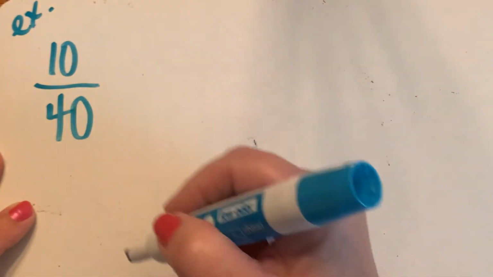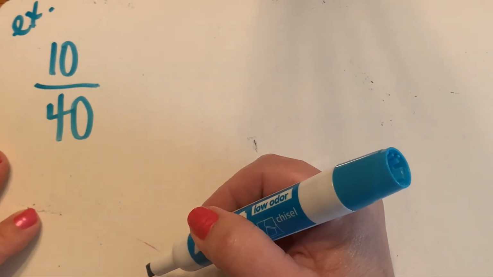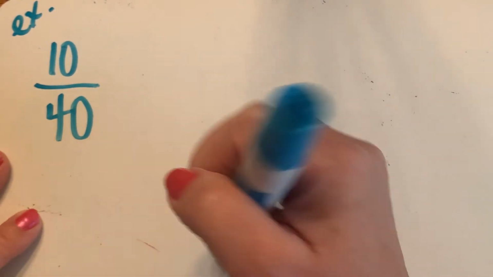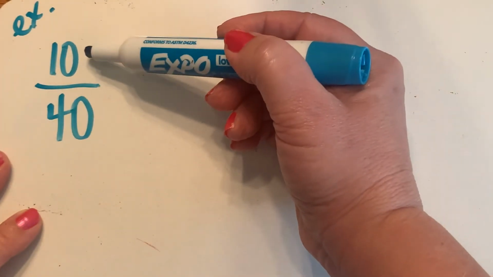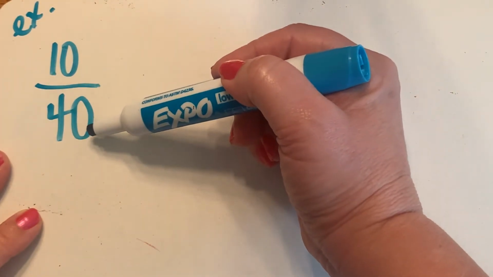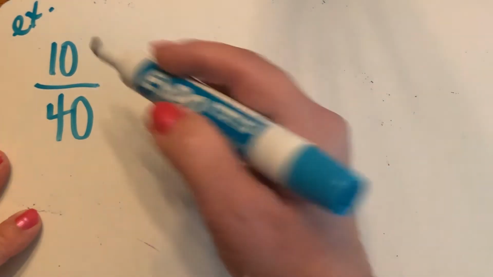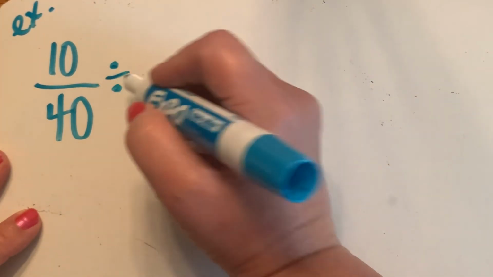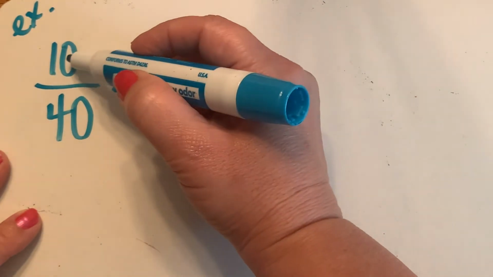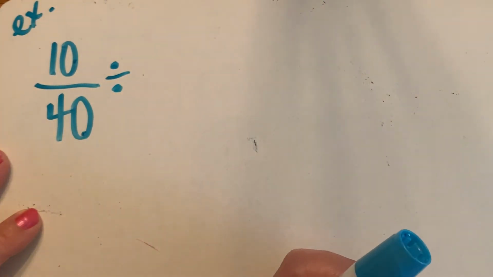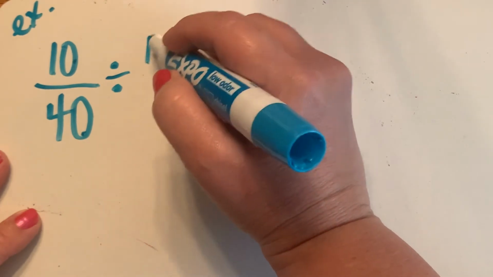So 10/40. What do we do the first thing? What does our instructions say? Ask ourselves, will the numerator go into the denominator? Will 10 go into 40? That's an easy one, isn't it? Because we know that 10 times 4 is 40. 10 ends in a 0, this ends in a 0, so 10 will be able to go into it. So